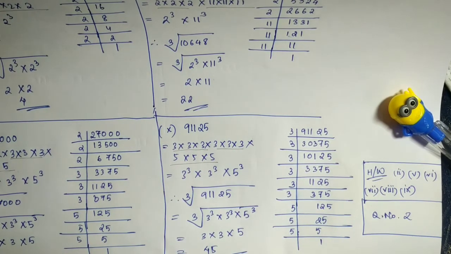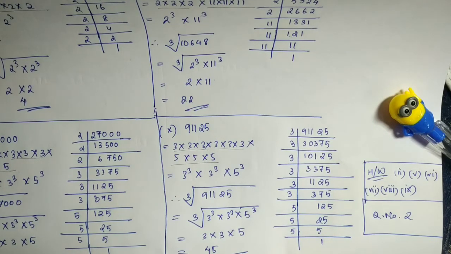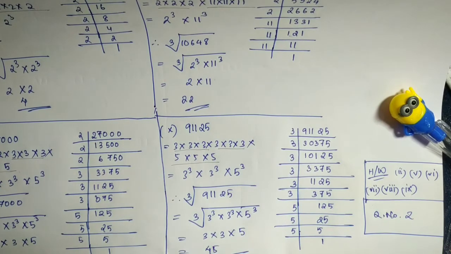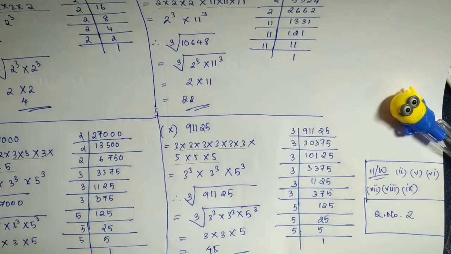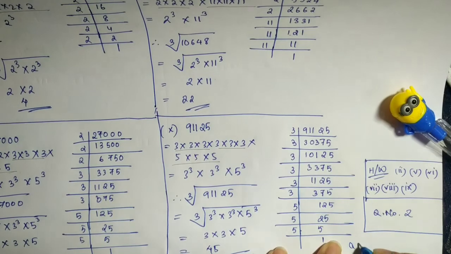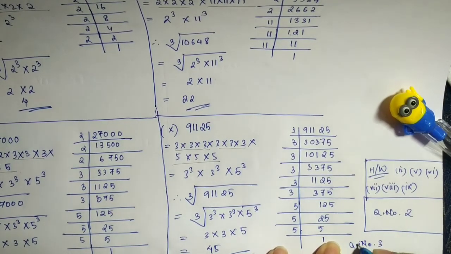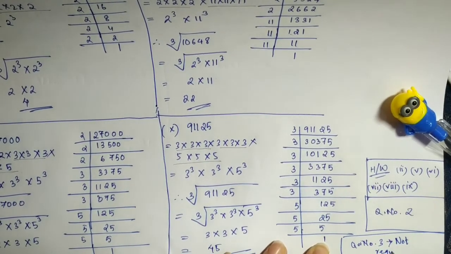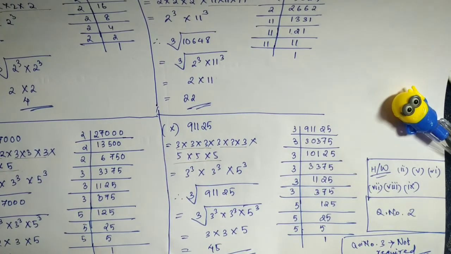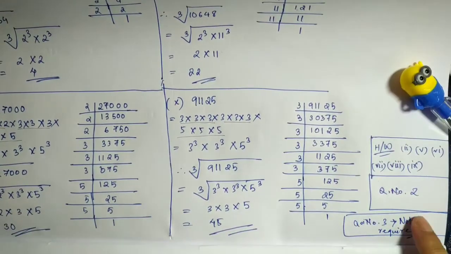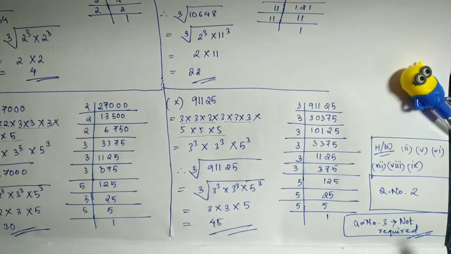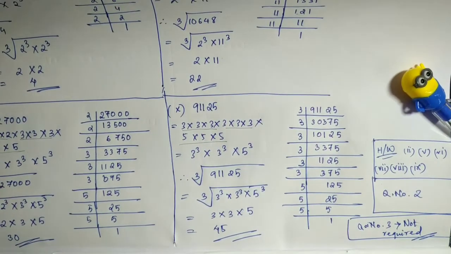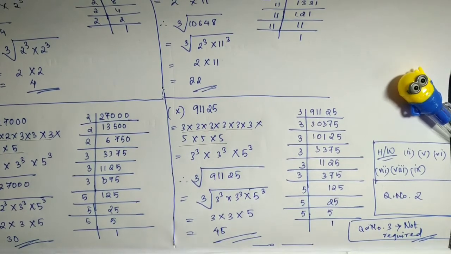But as I have told you, as we are omitting a few parts of the syllabus, we are not doing the method of estimation this time. That is a longer procedure, and this is comparatively easier than the other method. So question number 3 is not required for your syllabus for this session. So you don't have to worry about question number 3. Your homework will be the remaining sums of question number 1 and question number 2, that is true and false. So this is the end of the exercise, and obviously the end of the chapter.